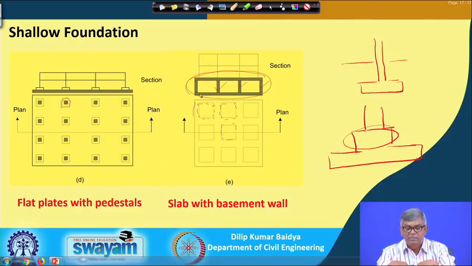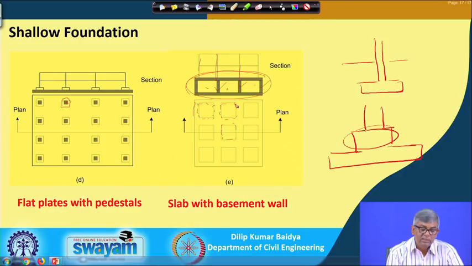basement wall, basement bottom floor, and basement top floor, all together is a foundation, and from this basement structure the columns will be erected for the building. So, that is the slab and basement, and this basement area can be utilized. Many buildings will have a basement floor, sometimes more than one. So, this is also one type of mat foundation or raft foundation.